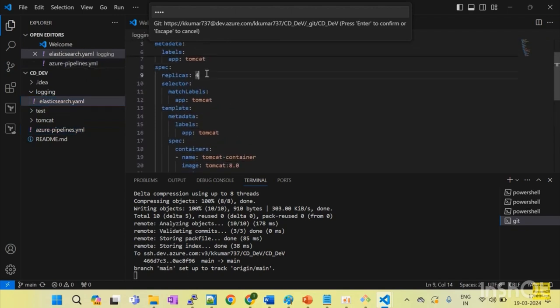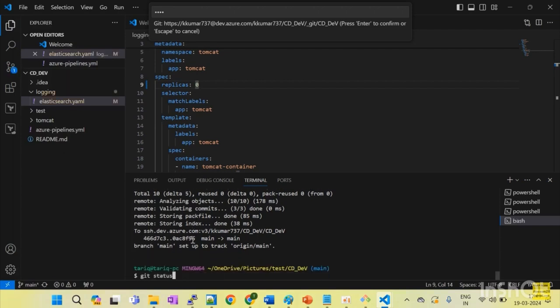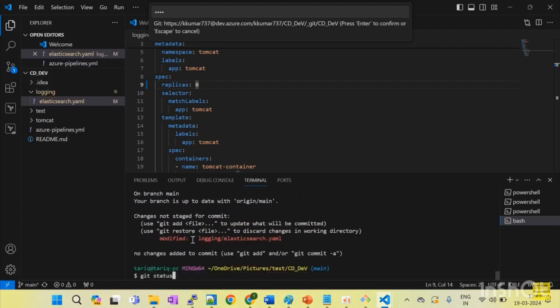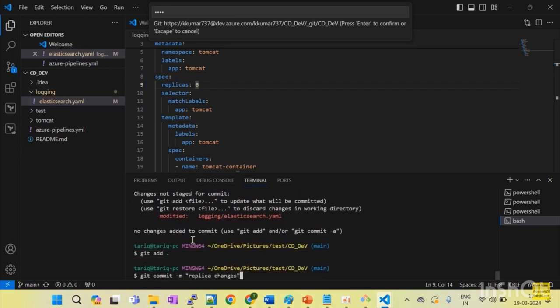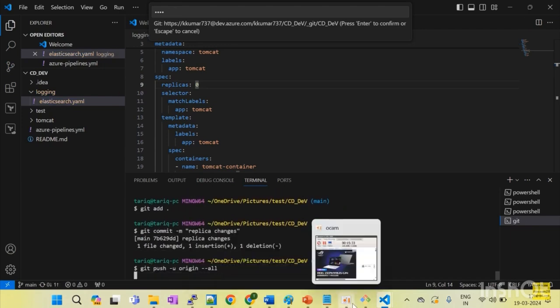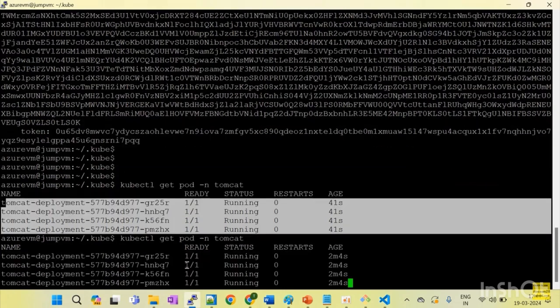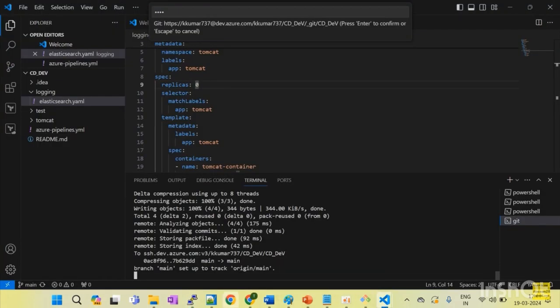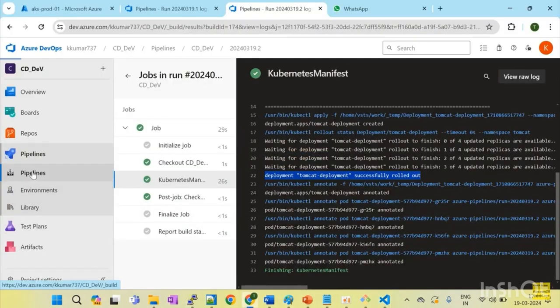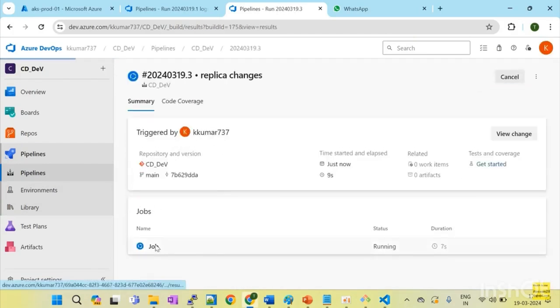Suppose you make some changes here, like you make the replica 0, right? Then you have to save it. Then again you have to do git status, git add, git commit, and then push your code. So let's see. Your pipeline will be triggered. Go to the project pipeline, then you can see the replica changes. Go to jobs,